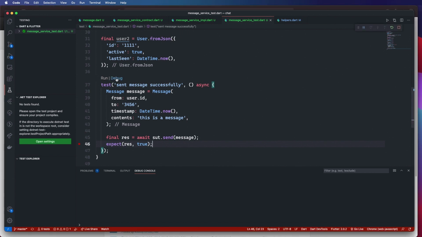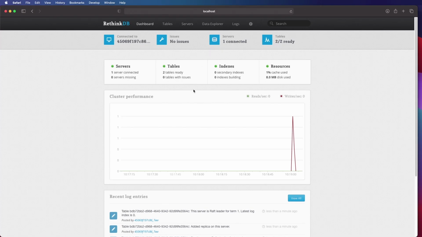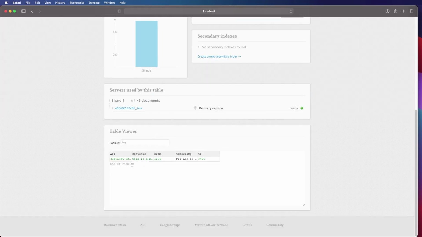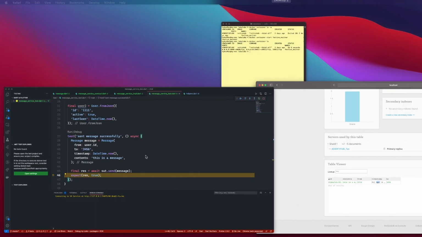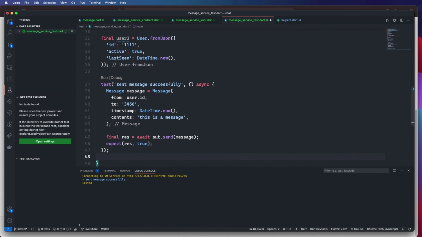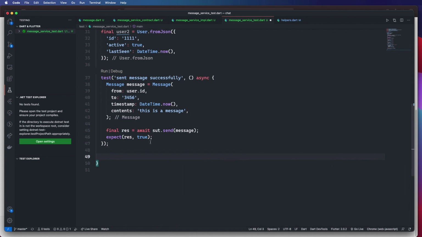So if I debug this, it pauses at the breakpoint. Now that it's at the breakpoint, I can go ahead and check my tables. I should see a message table. If I look there, here's my message from 123 to this person, with that timestamp. Go ahead and run that. It should be completed. So now for my next test,